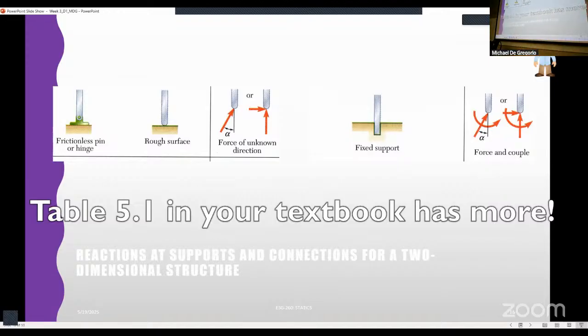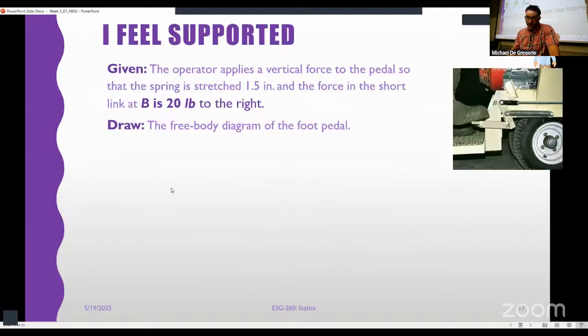But remember what this is showing us. This is all about degrees of freedom or range of motion, right? So how do these connections allow for movement? If it lets you move in a specific direction, then you don't have a reaction. If you're opposing movement, then you have a reaction, okay? So just think it through.